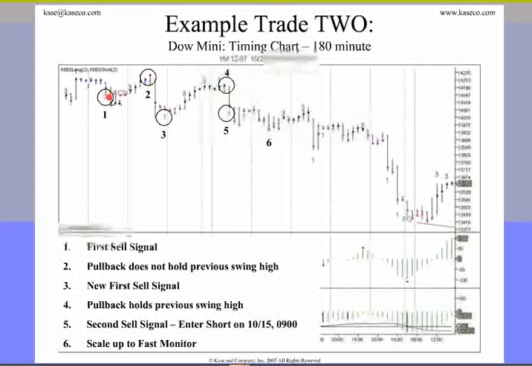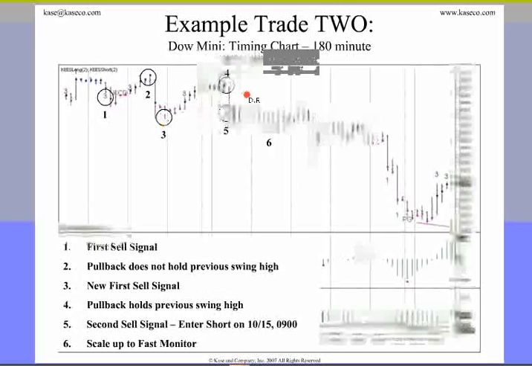The market comes back. During the pullback, we do get some long signals, but we didn't have any pullback or short pullback. We hold and the market falls. We get our second sell signal, another first short at point number 5, and we enter the market short. We place a stop at Dev 3 based upon the 180-minute chart,